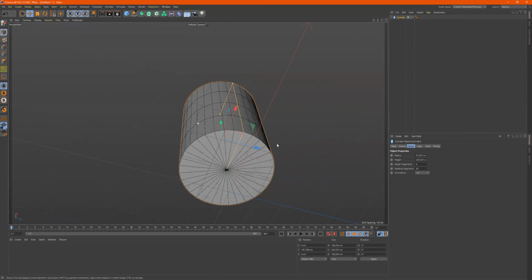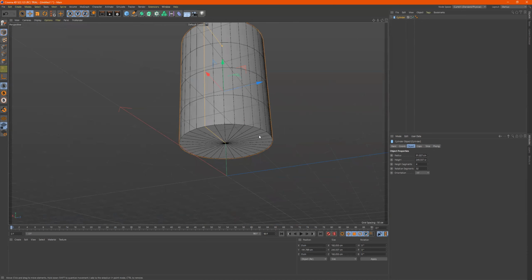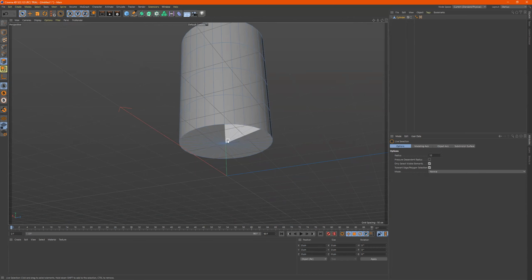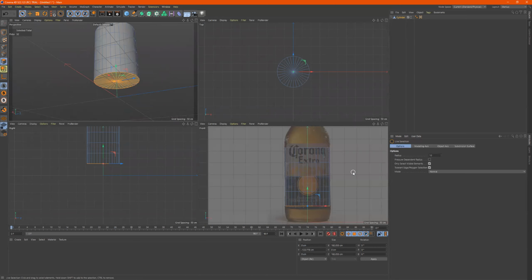So I'm gonna go back here. If I press C or go over here to the make editable, now I've enabled it so I can get these faces. I can press this or press the number 9 to get the live selection. And I'll just highlight all of these. Middle mouse button click, go back into this view,